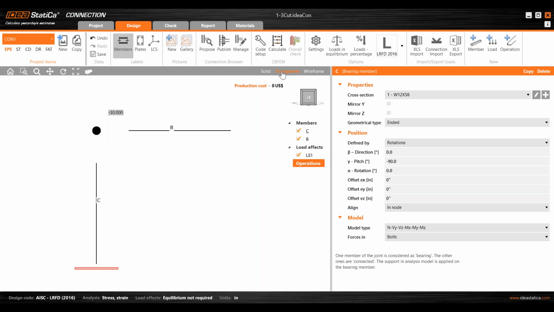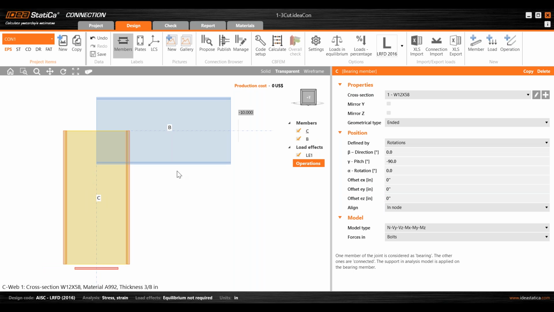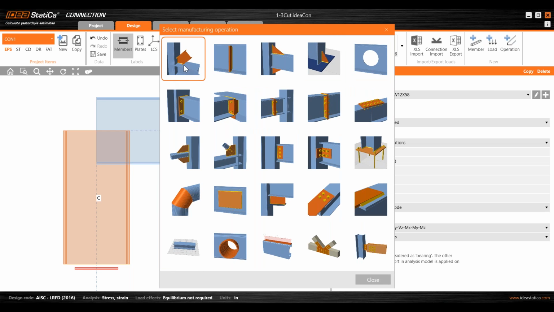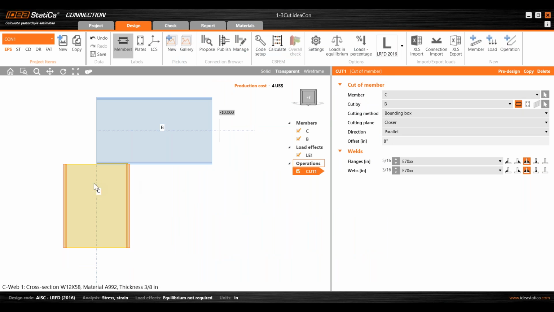For example, in this case, I'll move this C member using the cut operation. So if you're seeing here this screen, this is new. This is in the latest release, so you can see the new screen for operations. Those are the same, but this is just a fresh look, right? So if you click here and cut, and that cut is applied to member C, cutting method bounding box is okay,